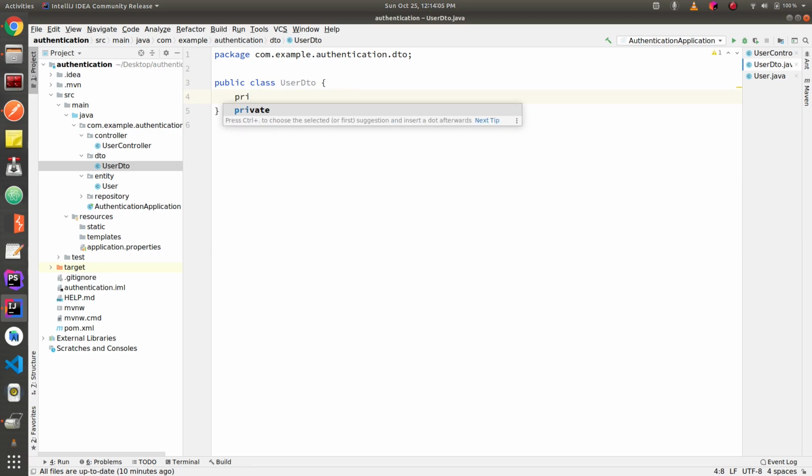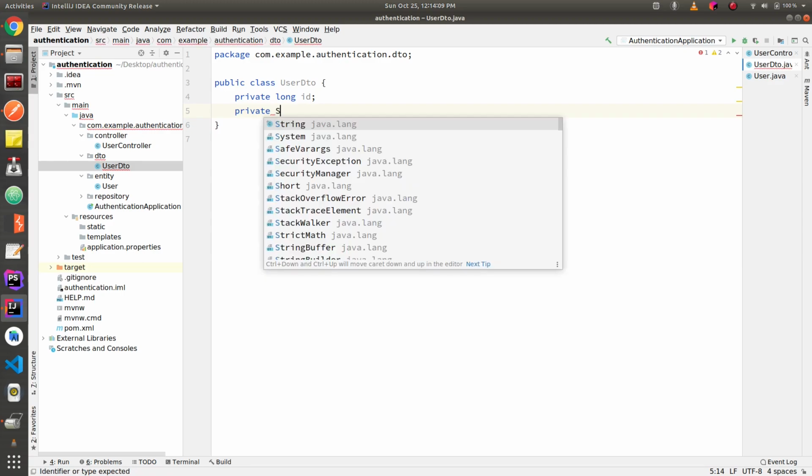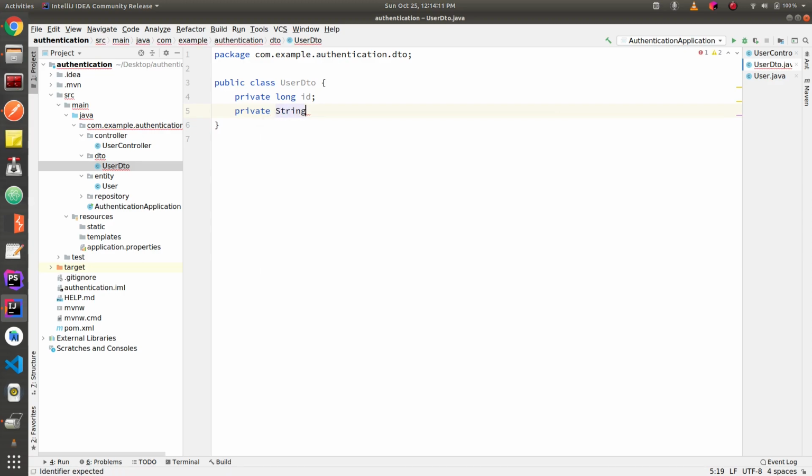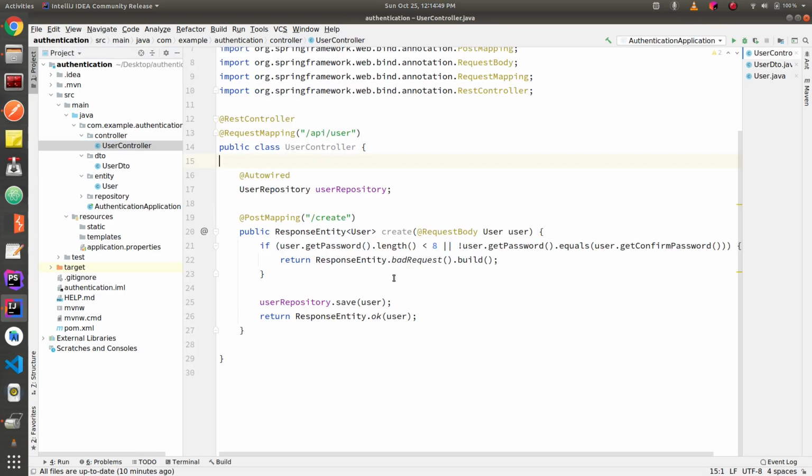Here we are going to define only two fields, the ID and the password. Sorry, the ID and the username. We'll go back to the controller and replace all the occurrences of user in the response with UserDTO.